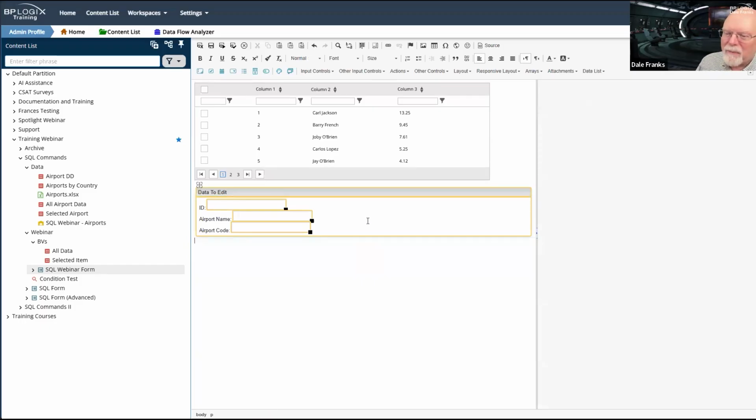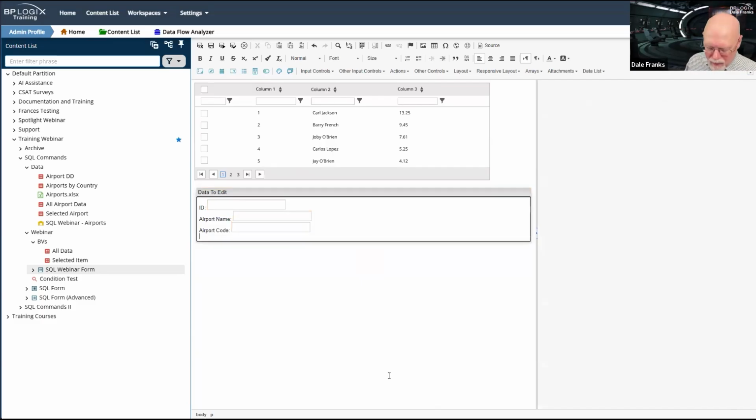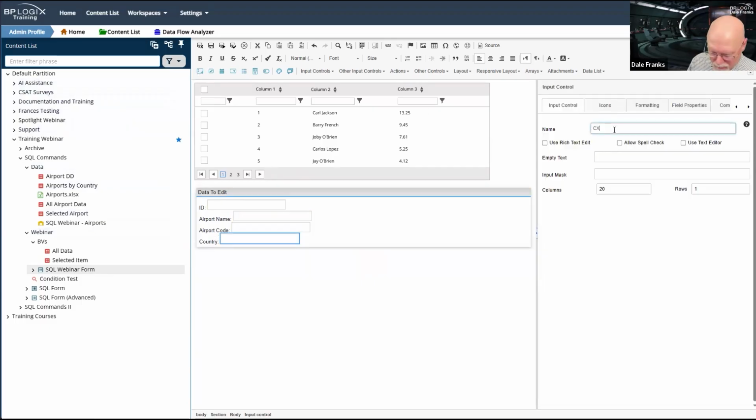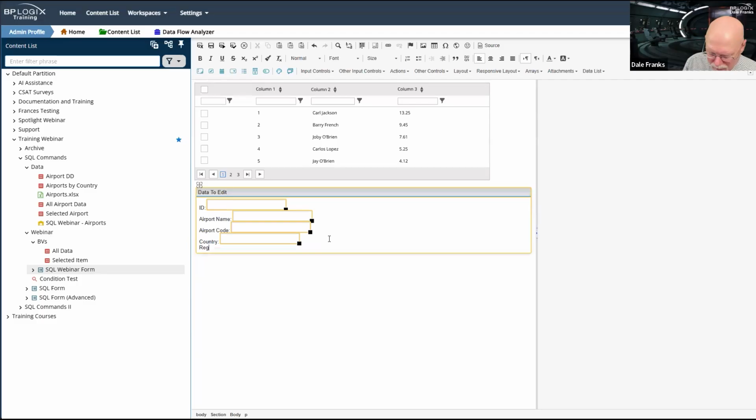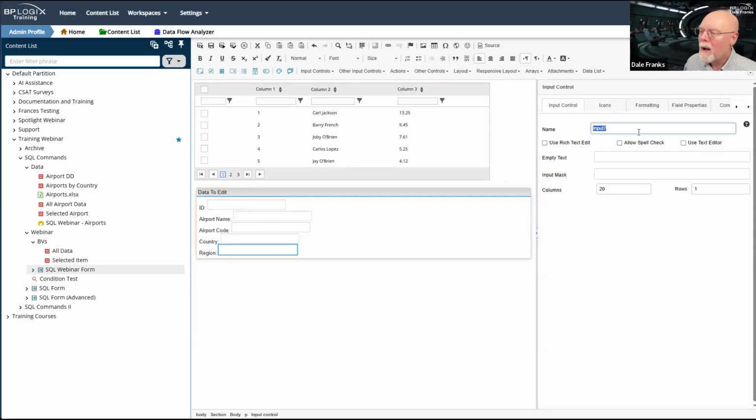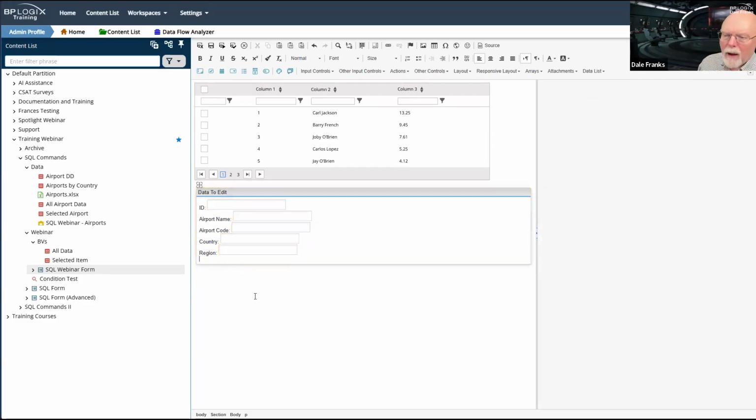I was thinking about making life a little easier, but we're going to do airport name, airport code, country, region, city.